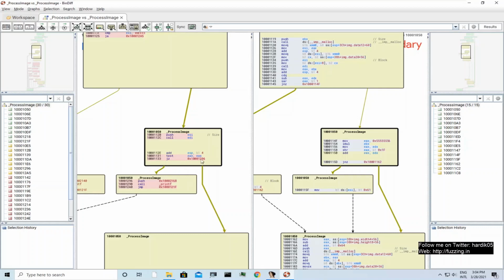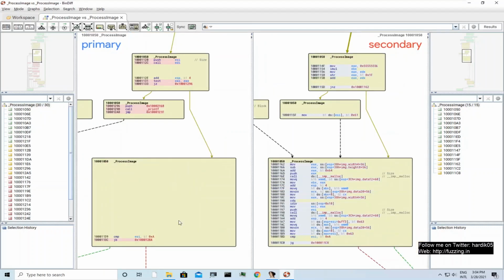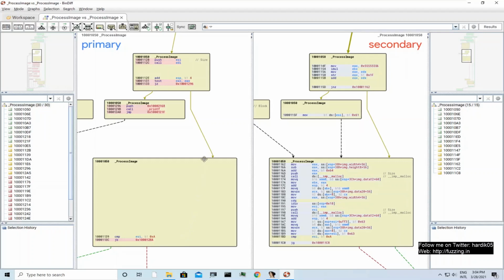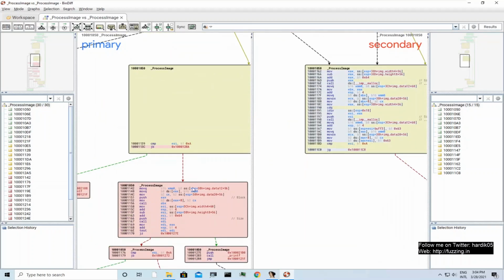If it is 0, then it will go to the error location, which basically prints a message, and it will exit our program. But if it is not 0, it means that some memory is getting allocated. Then let me move forward. It is comparing that memory with the size of data, whether that memory is less than image dot data or not. If it is less than, then it will again exit. If not, then it will move forward over here, right? So here you will see that it is copying the data after having all these checks.